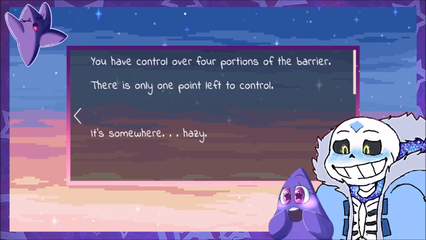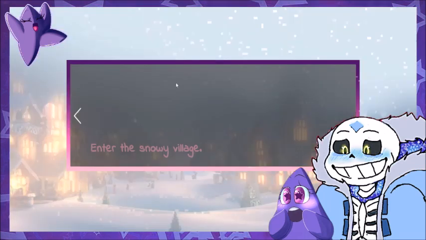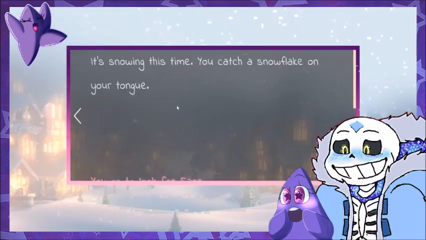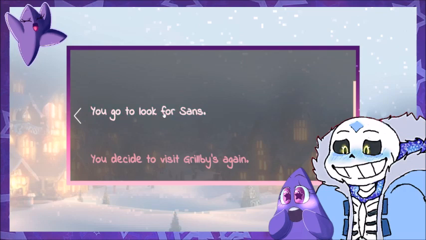Anyway, let's of course visit Snowden. Sans wanted to meet us in Snowden, so what are we waiting for? Let's get going. You enter the snowy village. It's snowing this time. You catch a snowflake on your tongue. Okay, so we're going to...